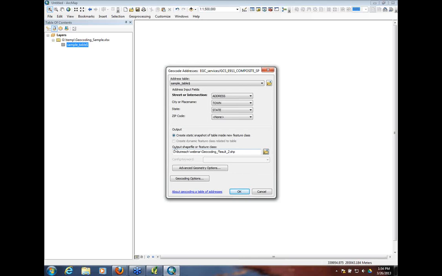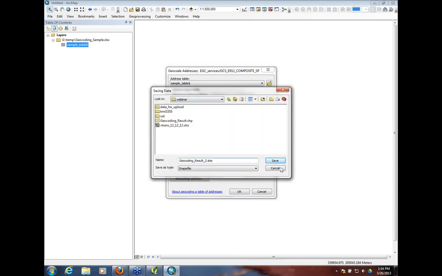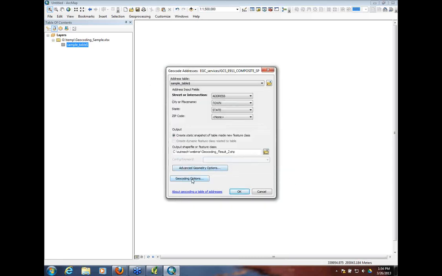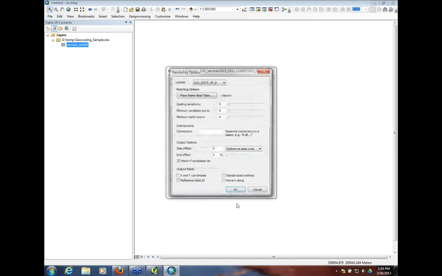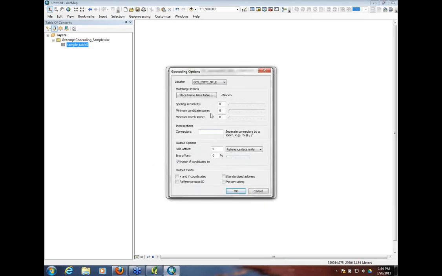Okay. And as you can see, this creates an output shapefile, and from practicing yesterday, I've already got a little direction for it to go here, so I'm going to leave that, but that's obviously just navigating to where you want to save it. And then we wanted to point out the fact that by default, the sensitivity settings for